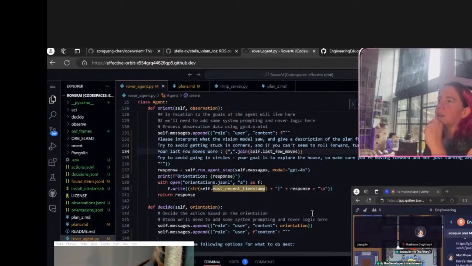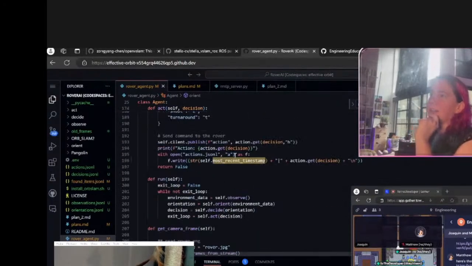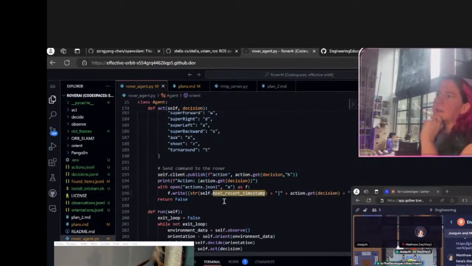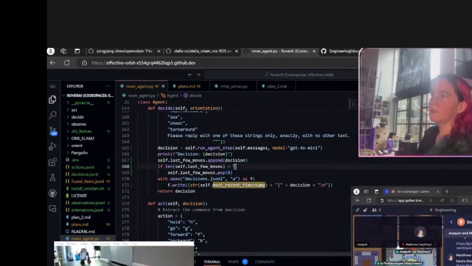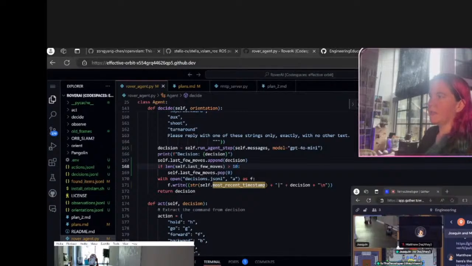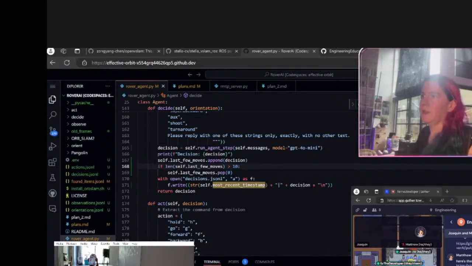Cool. And then I realized I set it to 5, so maybe I actually wanted to set it to like 10 or something. Yeah, here we go. Let's view moves. Set this to 10. Well, let's just see if just being able to see the last 5 moves, it can do stuff. Go. All right, yeah, do it. Go.